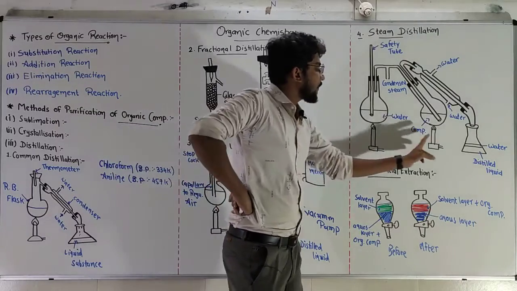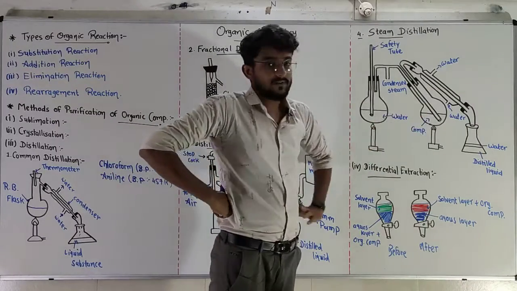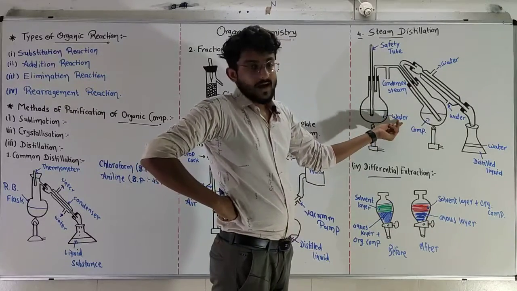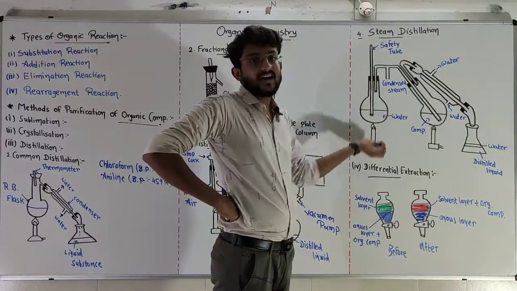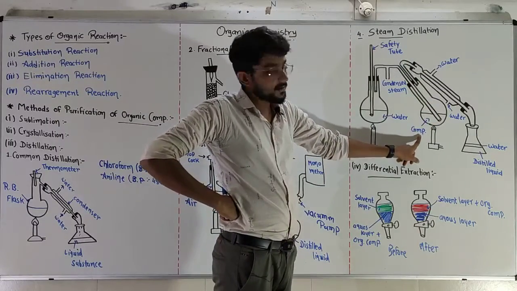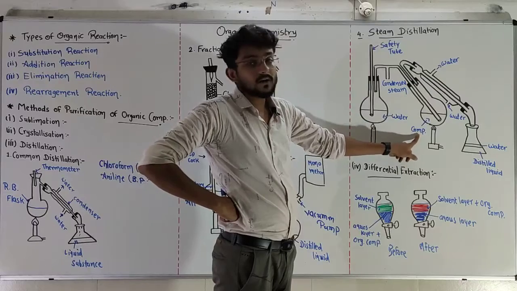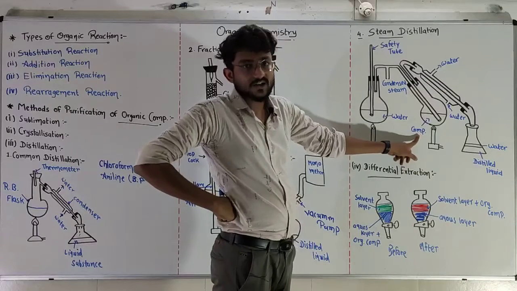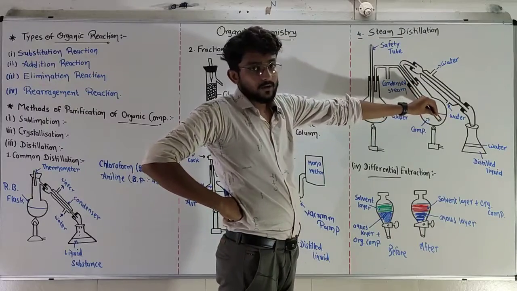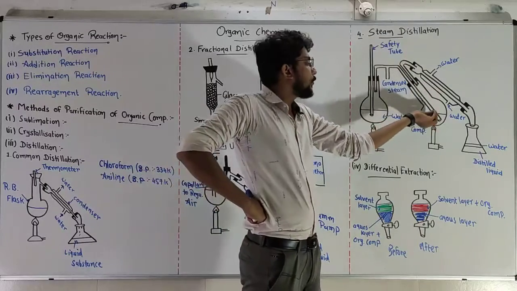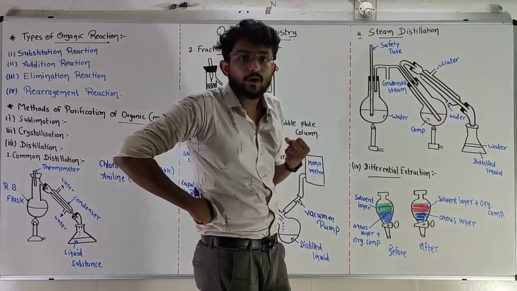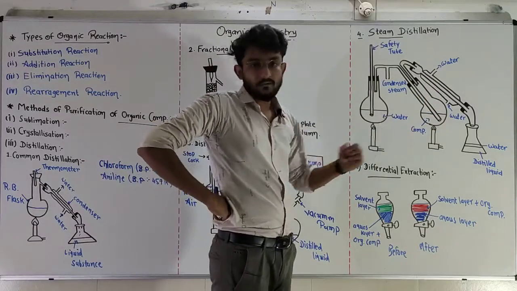I have two different burners and two different round bottom flasks. In the first round bottom flask, I have water. I am heating it and creating steam. That steam comes into the other round bottom flask, which has our compound which is going to be distilled. So the water vapor comes into this compound in bubble form, and that water vapor will catch the molecules of our aniline, our compound.